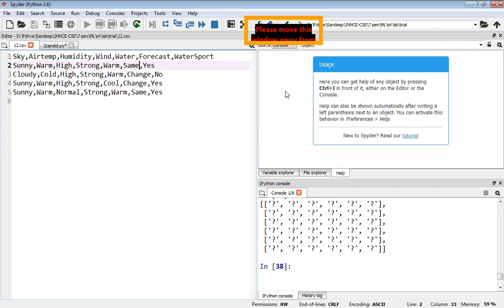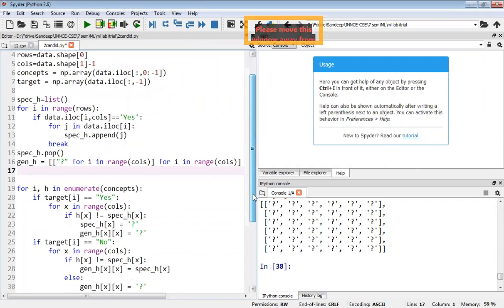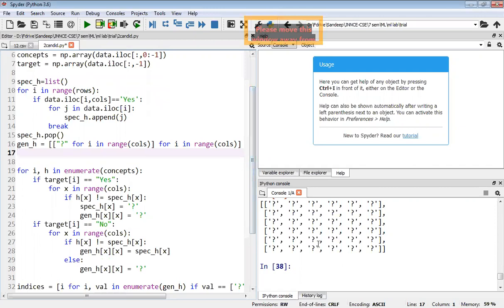Like that, it creates 6 rows and 6 columns of hypotheses, and for that reason we have created these 6 rows and 6 columns of question marks. Is it clear?